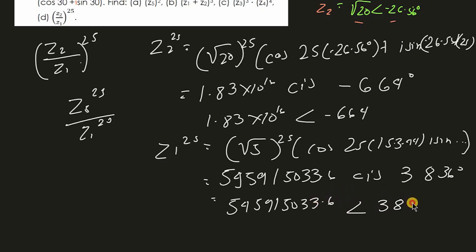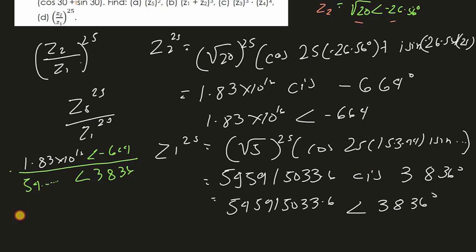Angle 3836 degrees. Pabibo, di ba? Pero that does not end our problem. Kasi sabi dito, i-divide natin yung z sub 2 divided by z sub 1. So, that's z sub 2. So, i-rewrite na natin ito. That's 1.83 times 10 raised to 16. Angle negative 664 over 545915033.6, kopyahin ko mamaya yan. Angle